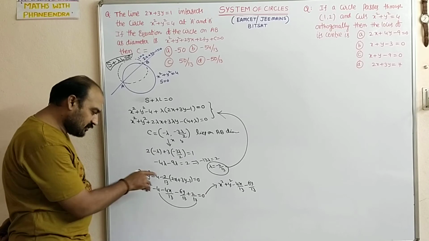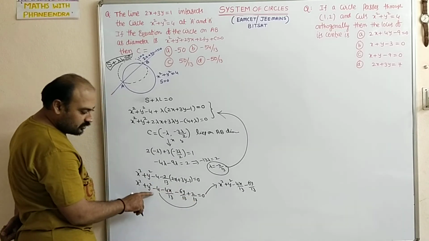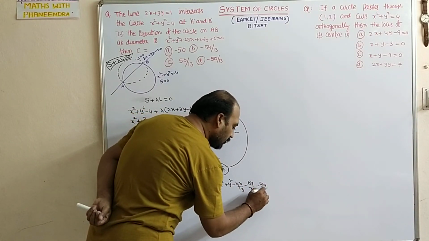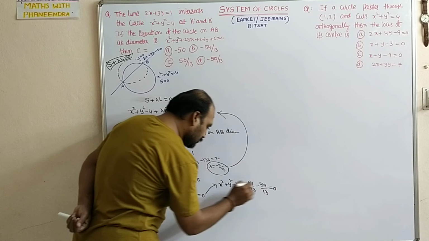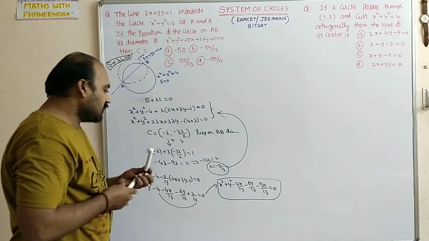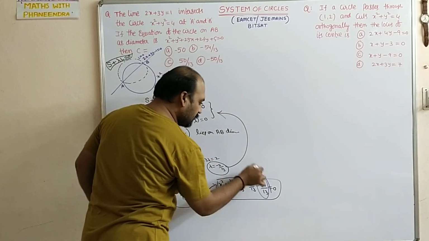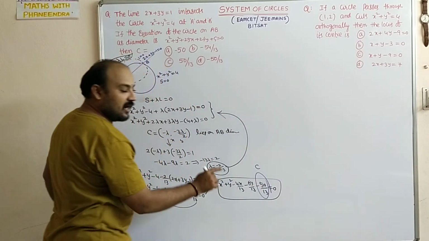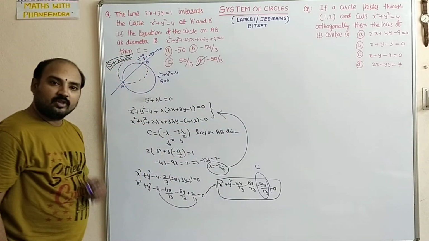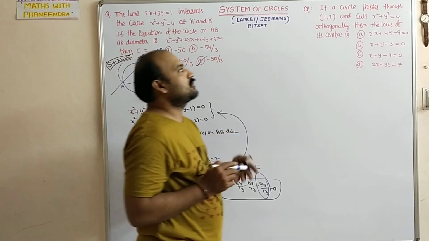But in competitive exams you can go according to that. So -4 + 2/13: 13 × 4 is 52, -52 + 2 is -50, so -50/13. This value is called c, and they are asking to calculate the value of c. So c is -50/13, which is there in the fourth option. We will move to the next question.